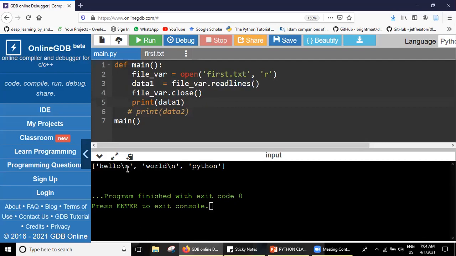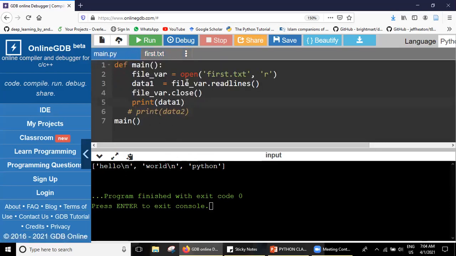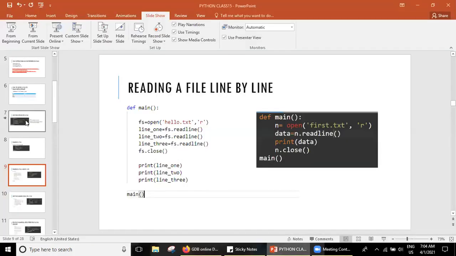But why is it giving me the slash n? Because however it was written in the print statement, that will be given. How did we write it when creating first.txt? Hello plus slash n, right? Whatever was in the print will be given as it is when we use readlines. Got my point? Yes.